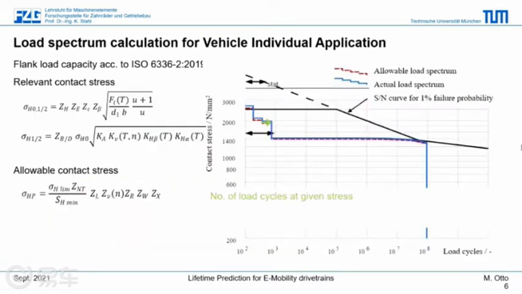Now these equations concerning spectrum calculations are used to calculate the full load spectrum, and then we may get a graphic like the one given on the right side as an example. In this graphic, on the vertical axis you find the contact stress, and on the horizontal axis you find the number of load cycles. Now in this graphic there are these black lines which characterize the SN curve for 1% failure probability here. On the left side you find this dashed line which goes up to the left, which is an extension of our load capacity we use here.